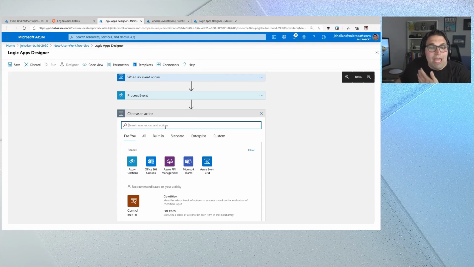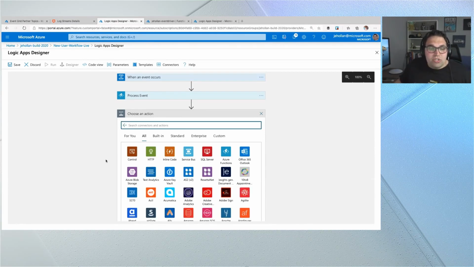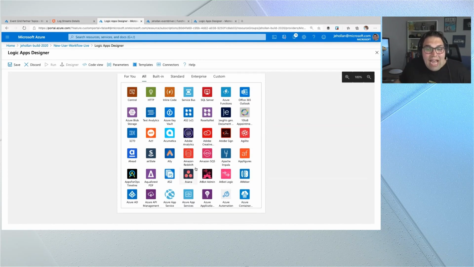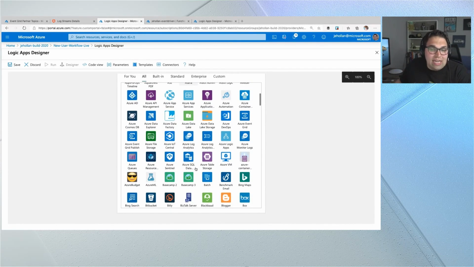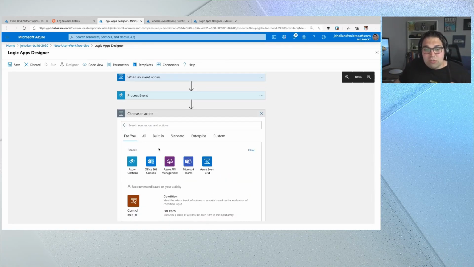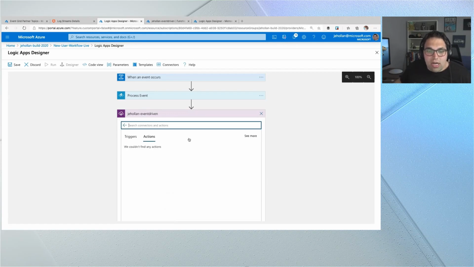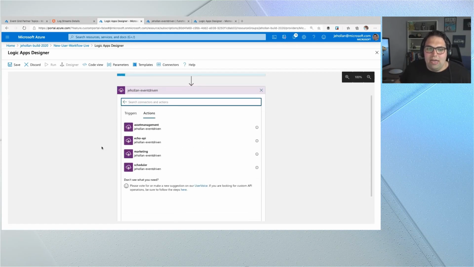Now, I want to show you API management quickly, and that's because it's very likely your organization is using systems, maybe custom in-house systems that aren't yet connectors in this long list that I showed you here. But API management gives me a central spot to manage both my first-party APIs or third-party APIs that I might be calling, all from one spot. What that means is that, hey, when a customer signs up for my startup, maybe I want to interact with other APIs. So here for my startup, you can see I have an asset management API, I have a marketing API, I have a scheduler API.